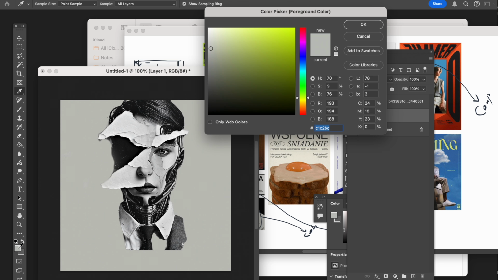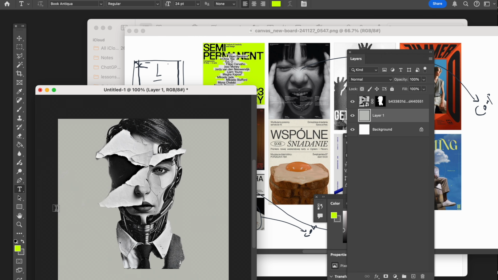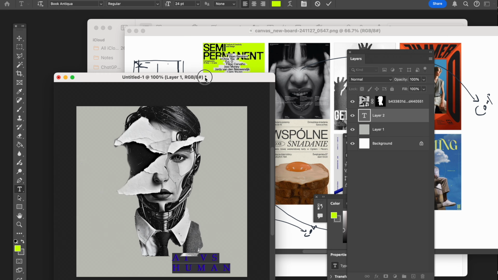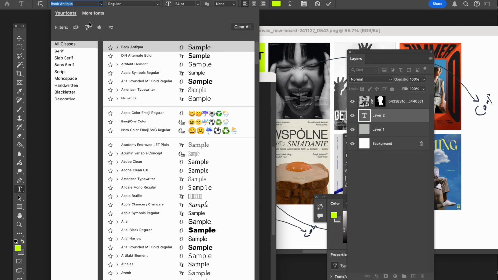So I'm going to go here, take the type tool, and choose the colors that I want. I'm going to take it from here right now. Let's see how that works. And type AI versus human. Okay. Now the text is not actually looking good because it's using a previously existing type choice that we made. So a couple of modifications that we have to do. First thing is we have to change the typeface. So we will look for the typeface that we just installed right now, which is